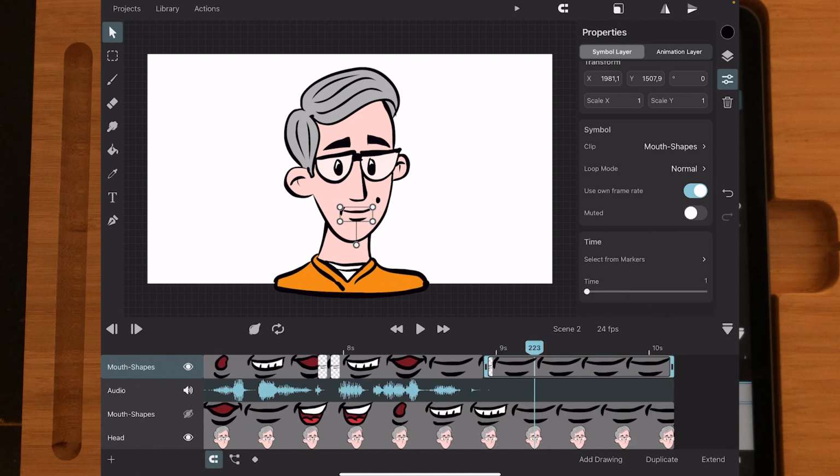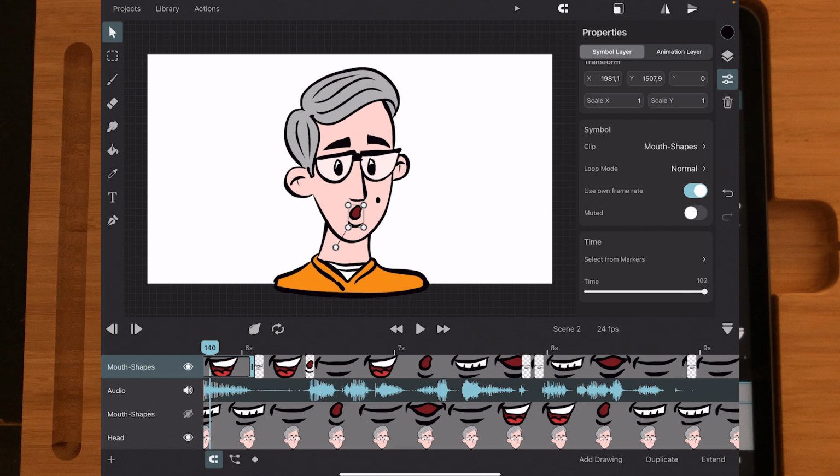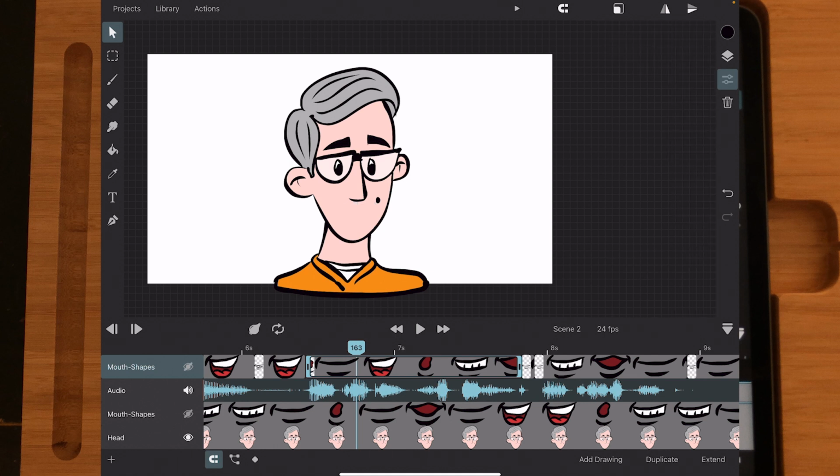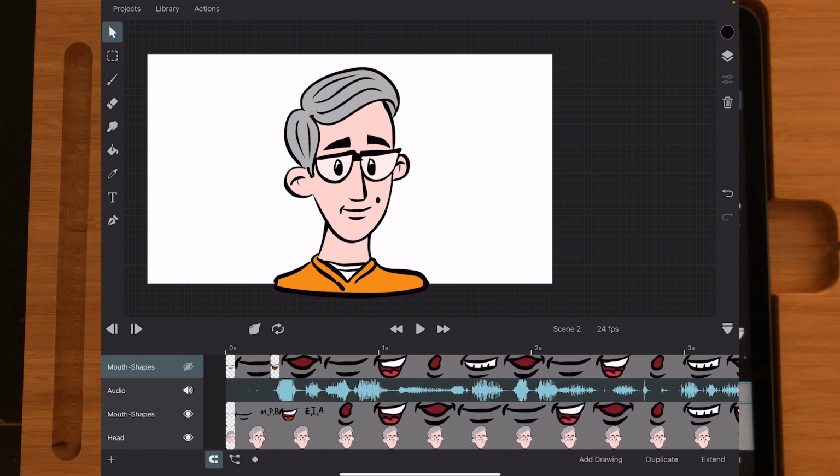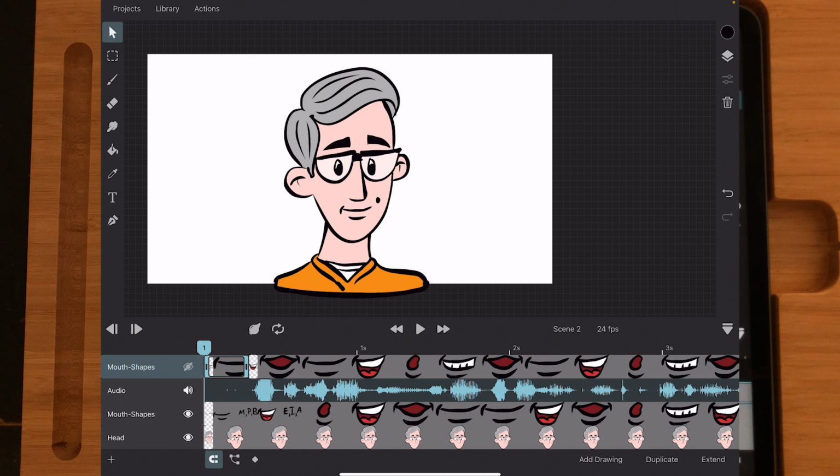It doesn't look as natural, but you can let it run and then go over the audio again and select points in your animation you want to change. I'm gonna deselect this one and select the mouth shape again. And this is a little bit static. What I want to do is